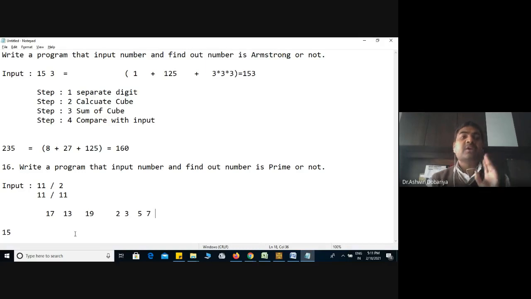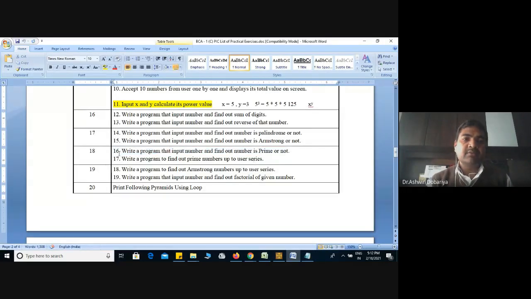So what you have to do? You have to just execute a loop and divide that number starting from 1 up to that number. And if the modulus returns a 0 remainder, then it is divisible, otherwise not. Think about the logic; you can take the help of the internet, Google also. And try yourself. So I am giving this program as homework, because it is a little bit easy compared to others. That's why I am giving you prime number as homework.